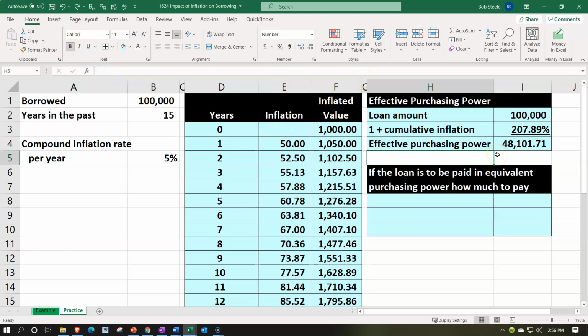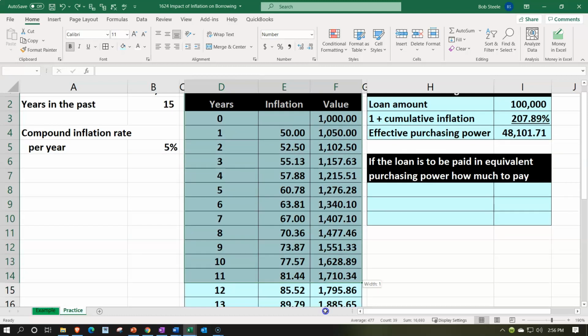We have then the 48,101.71. So in other words, the 100,000 at this point in time only has the equivalent purchasing power of the 48,101.71. You can kind of prove that to yourself by plugging it back into a calculation such as this. So if we did, for example, this same